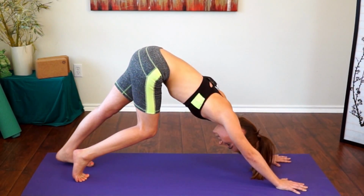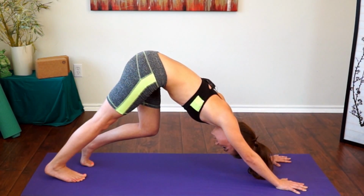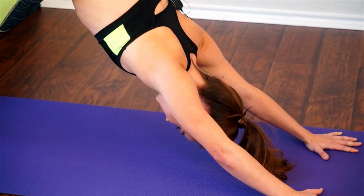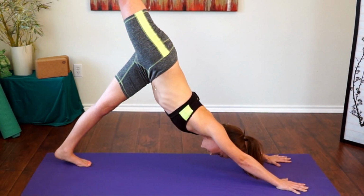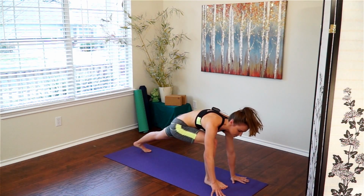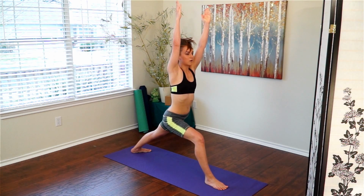Here you can pedal out your feet. Really stretch those hamstrings. Then we're going to take our right leg up. Extend it back, keeping the hips square. Then we're gonna reach that right foot through between our hands, rolling the back foot down, bringing the arms up